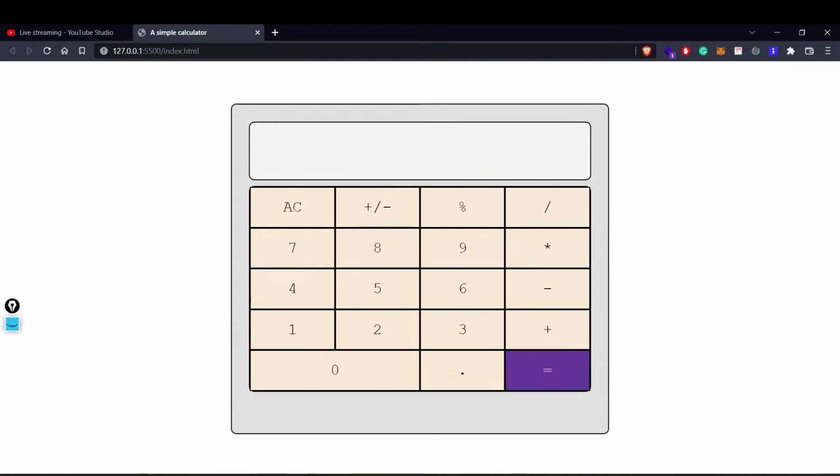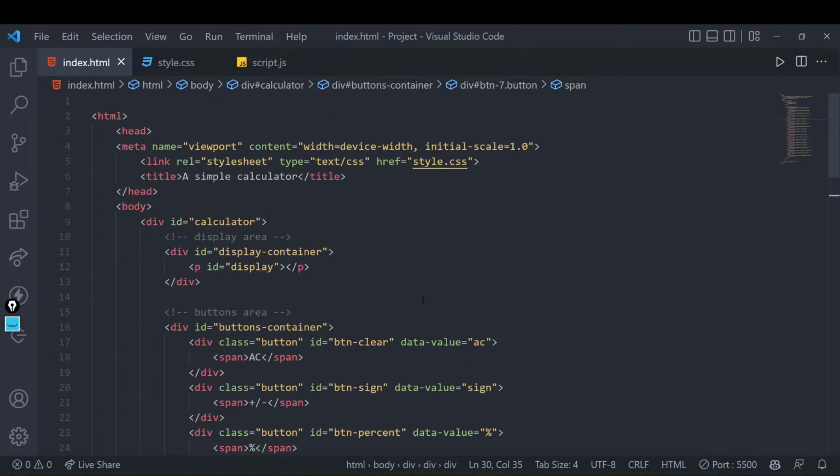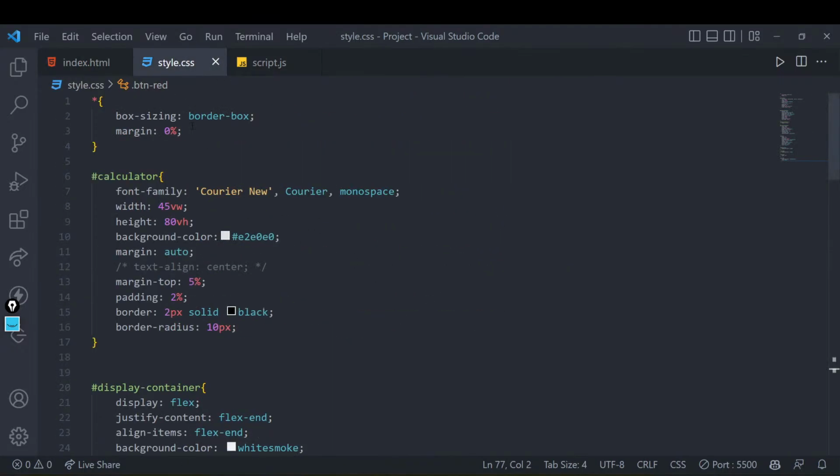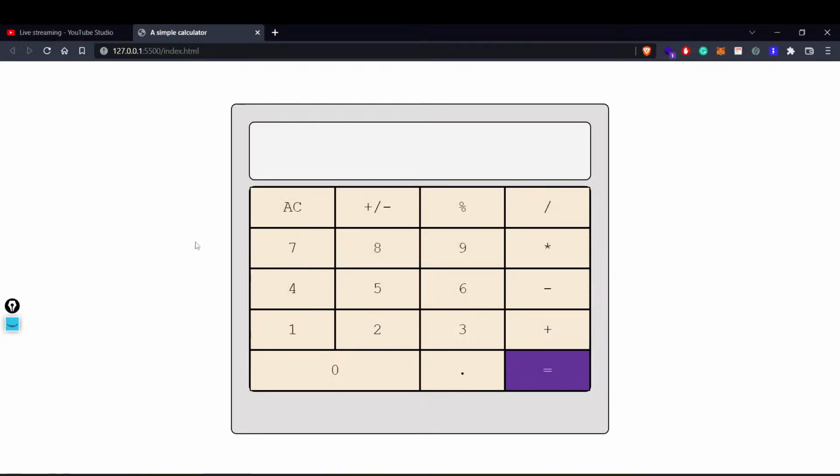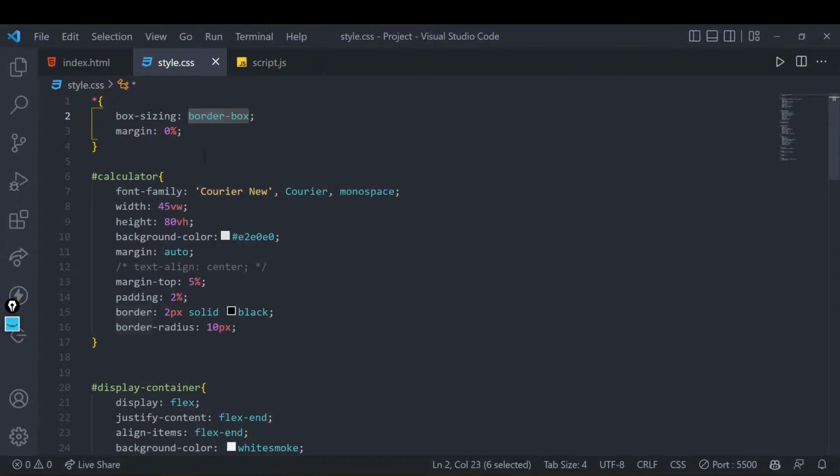So if this thing is done, now let's move to the next part, that is the styling area, right? In styling, we have done a couple of things. The first thing is this, something called resetting, changing it to border box instead of a content box. By default there are some margins and paddings from here and there, so we have nullified that just by writing this.